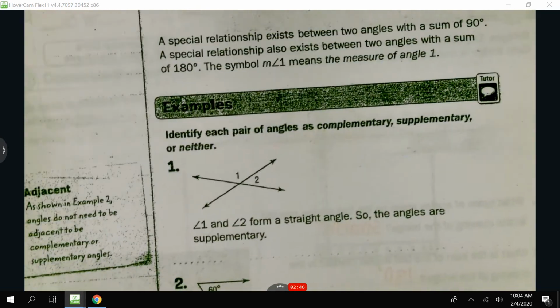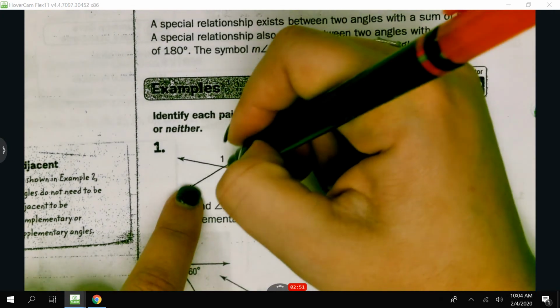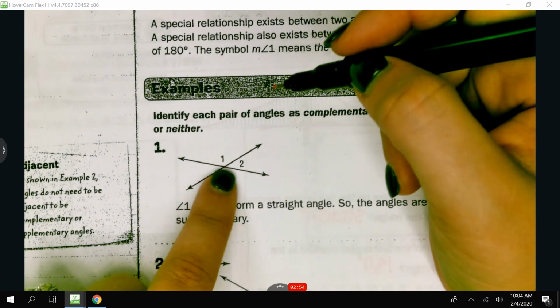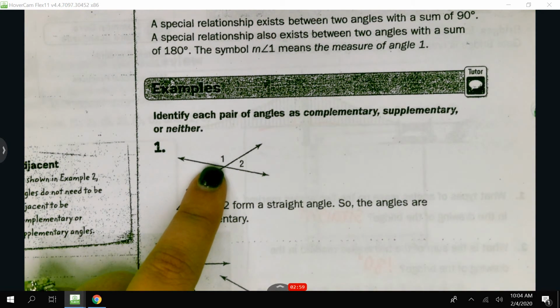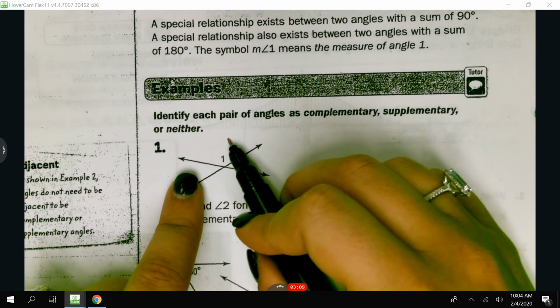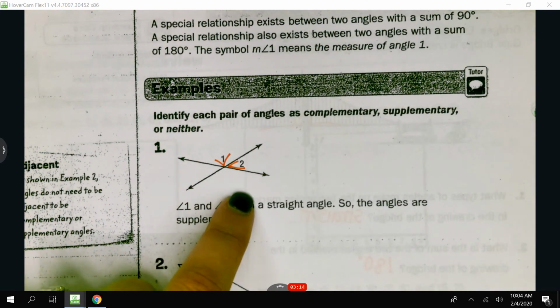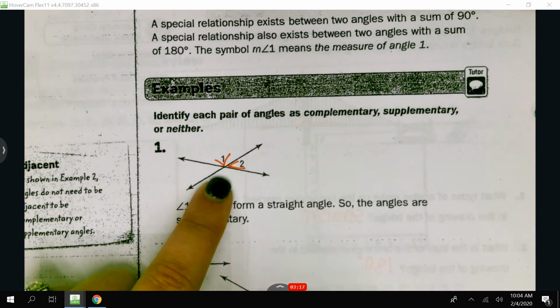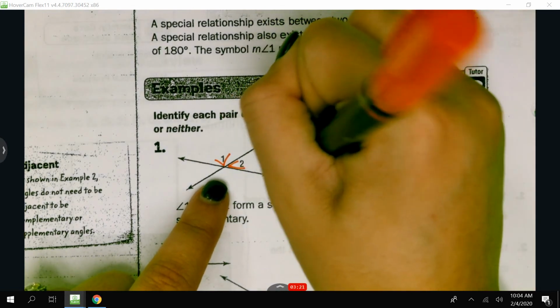Alright, so in examples 1 and 2, it says identify each pair as complementary or supplementary or neither. So we're looking at angle 1 and angle 2. So what do you notice about those two angles? They're side by side, but what else are they? What do you know about the measures? Adjacent is side by side. We're identifying as complementary, supplementary, or neither. So angle 1 and angle 2 together make a straight line, meaning their sum is 180, so they're supplementary. So if you don't see the box, then that's